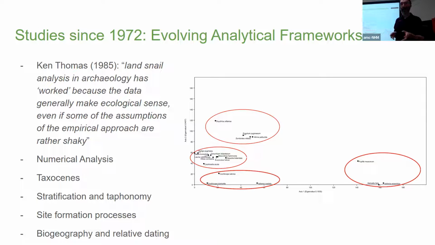I have seen references to taxocenes in a little bit of work by Sarah Wiles in central southern England, and Mark Robinson made reference to them in a recent review of alluvial contexts in the Upper Thames as well. But it seems to have been something that hasn't taken off. Some other ideas that John was working with in this period in the 1990s similarly don't seem to have been taken very far, but I think are perhaps interesting and worthy of exploration.